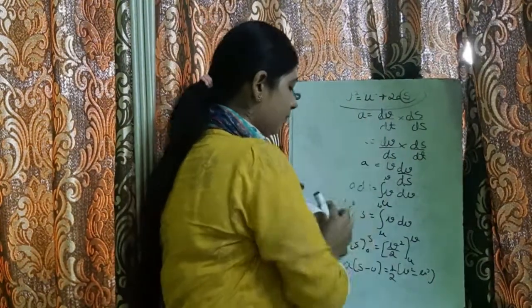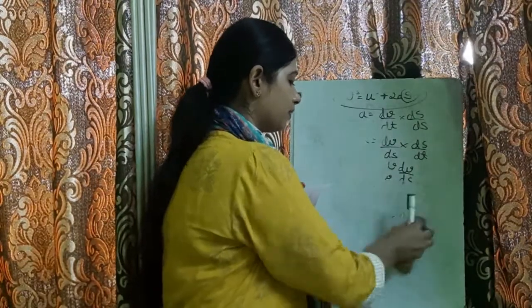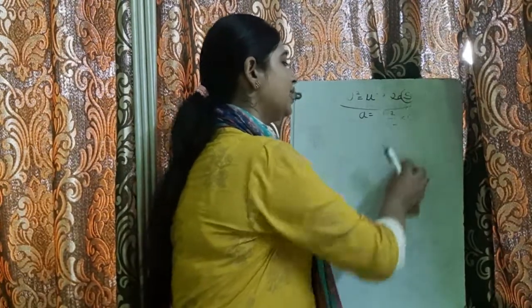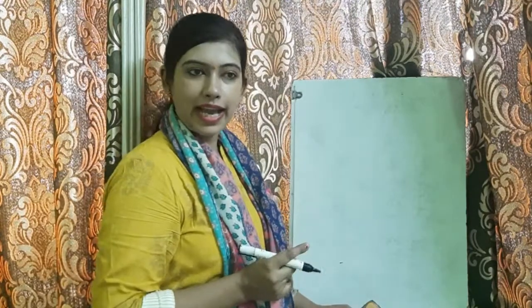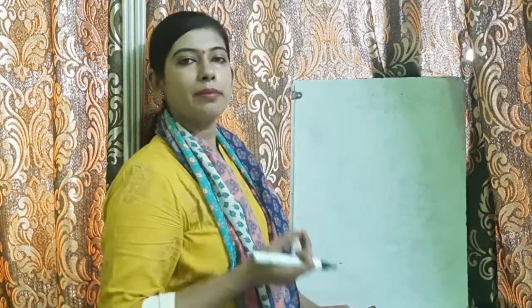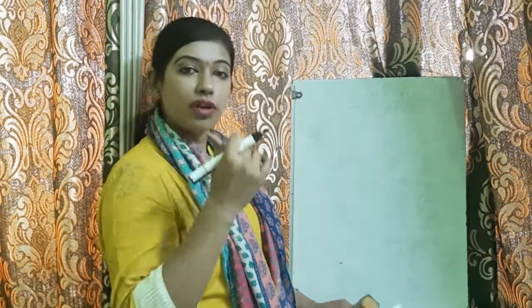Now we will derive the fourth equation of motion. This fourth equation of motion may be new to you. In this fourth equation of motion we derive the distance formula for the nth second. Means अगर एक body है वो uniform motion में move कर रही है and you have to find the distance covered by the body in the second second or in the fourth second. मतलब particularly fourth second में उसने कितना distance cover किया और particularly sixth second में उसने कितना distance travel किया. तो that distance is found by the fourth equation of motion.